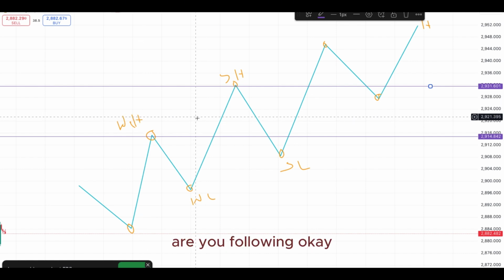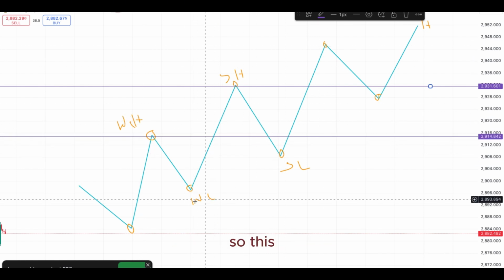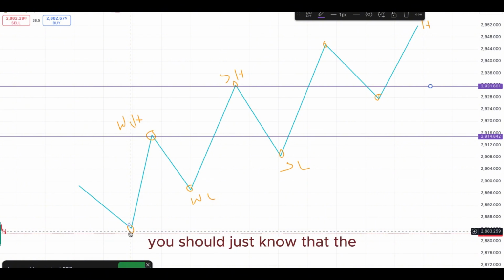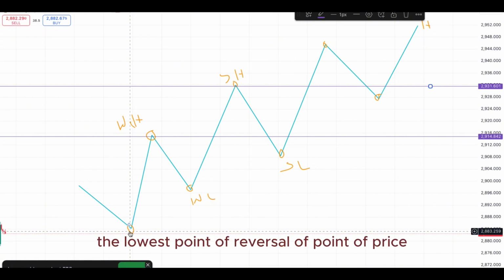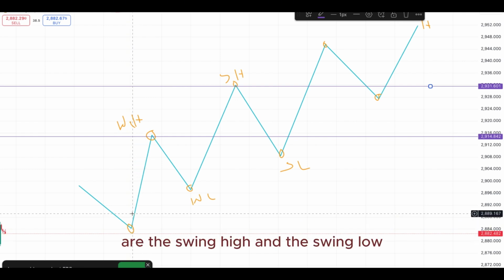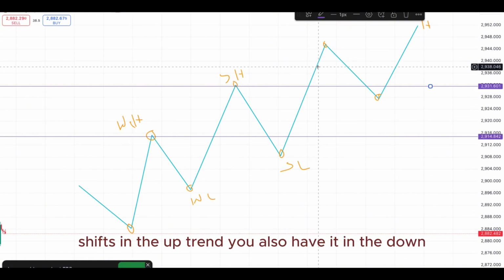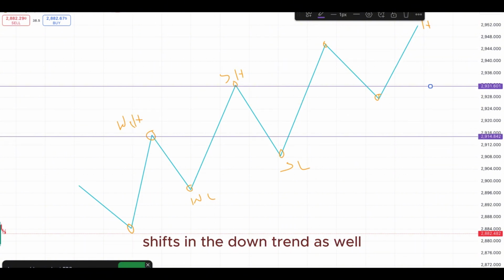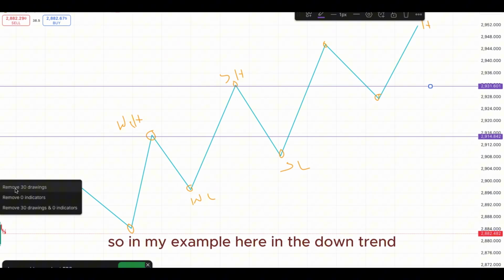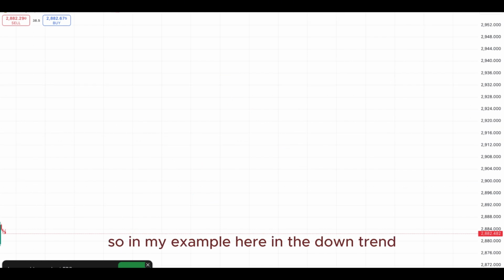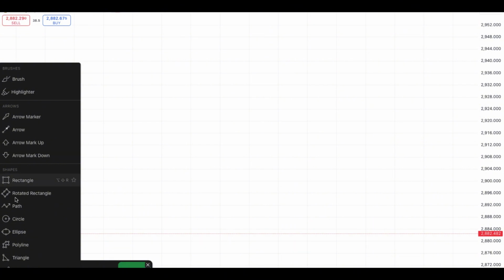Are you following? Okay, so you should just know that the lowest point of reversal of price or the highest point of reversal of price are the swing high and the swing low. The way you have it in the structural shifts in the uptrend, you also have it in the downshifts in the downtrend as well. So in my example here in the downtrend,